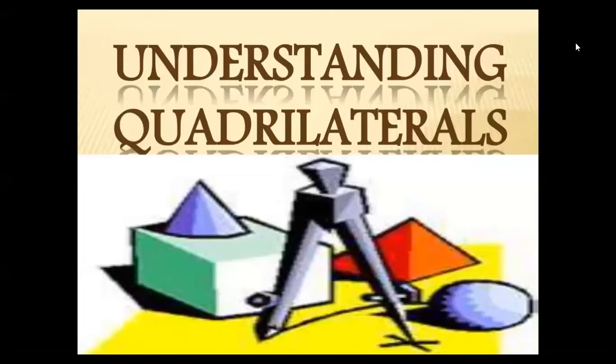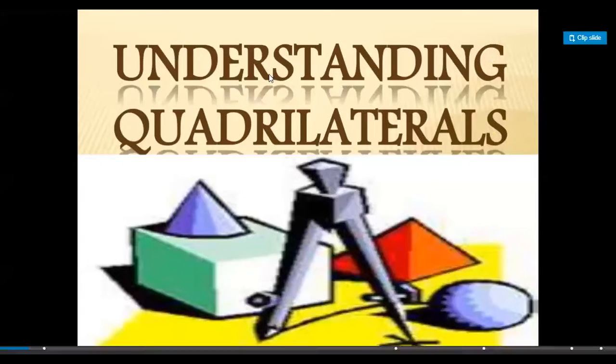Yes, good morning, beta. In the last class, we had started with chapter number 3, Understanding Quadrilaterals. We have discussed the meaning of diagonal, convex polygon, concave polygon, number of diagonals, and the formula for finding the number of diagonals of a polygon, that is (n square minus 3n) upon 2. And we have one another formula, n into (n minus 3) upon 2.